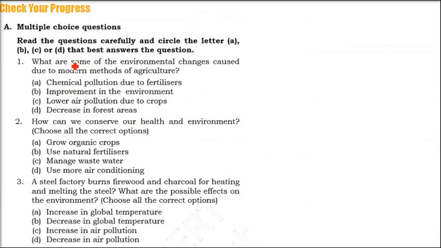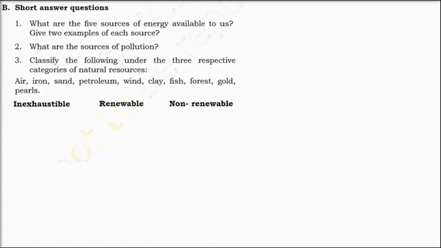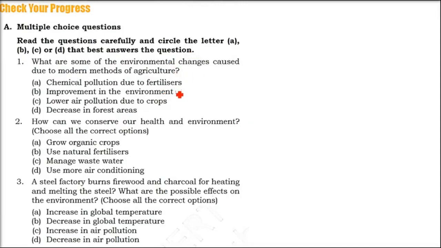Now let us see the question and answer. What are some of the environmental changes caused due to modern methods of agriculture? So these are the answers. Let me explain it also. First thing is, improvement in the environment, no. Lower air pollution due to crops, no. Decrease in forestation, no. So what are some of the environmental changes caused by modern methods of agriculture? Chemical pollution due to fertilizer are the changes. See, decrease in forest area can be an answer, but since one answer is being asked, so the A should